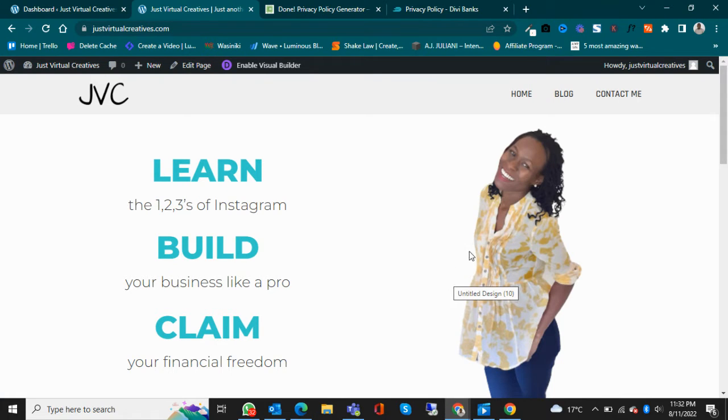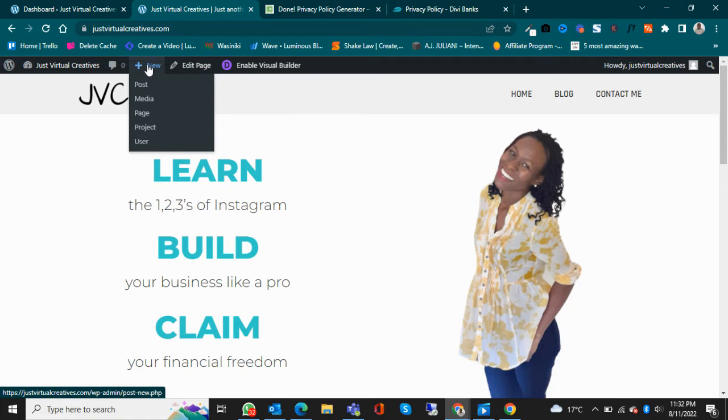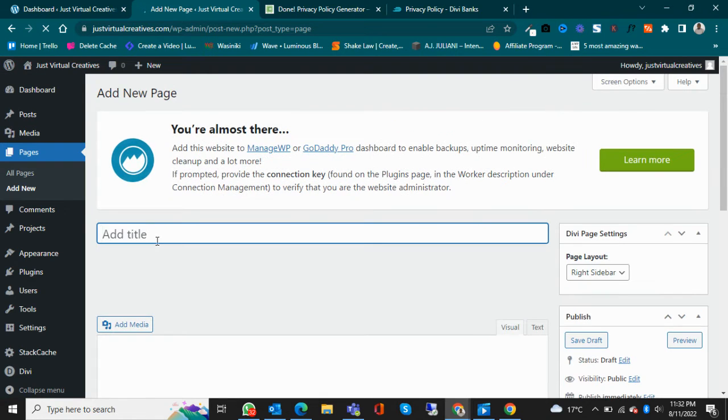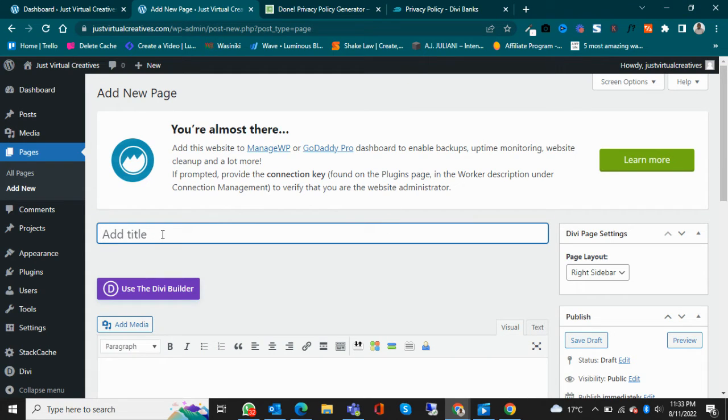So to create a new page, you can use this button here, or this link here, and then create a new page. And the first thing that you'll have to do is add the title of your page. The title of our page in this case is the privacy policy. So we'll write privacy policy,